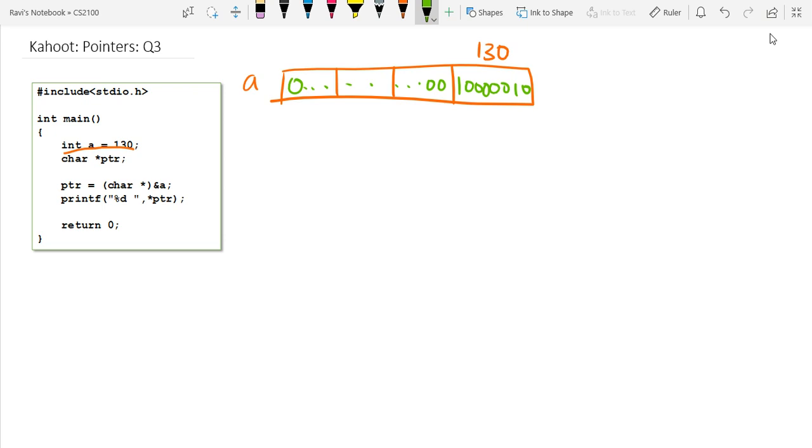Next, we declare a character pointer, and we assign the character pointer to point to an integer. As we know, a character pointer should only point to a character. It cannot point to an integer. But since an integer is made up of 4 characters, I can choose to point to one of those characters, that means one of those bytes. When I do this assignment to say that I'm pointing to a character,